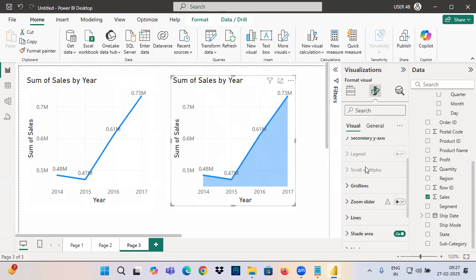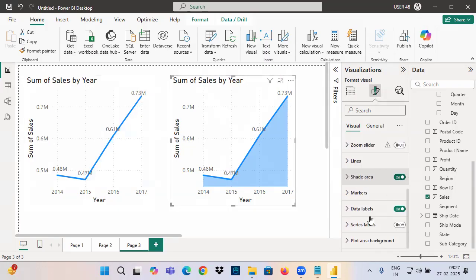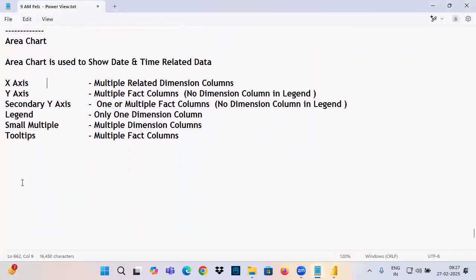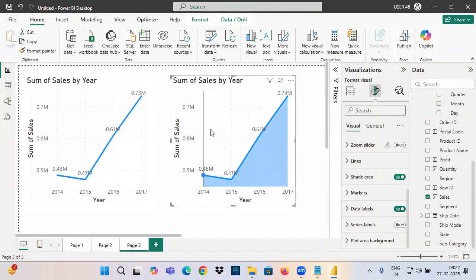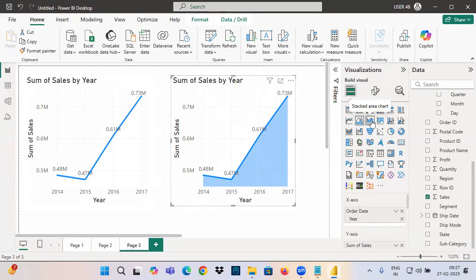In area chart, by default, shade area is on. Except that, remaining everything is same. For some reason, if you want a filled color below the line, you need to go with area chart. Next one,